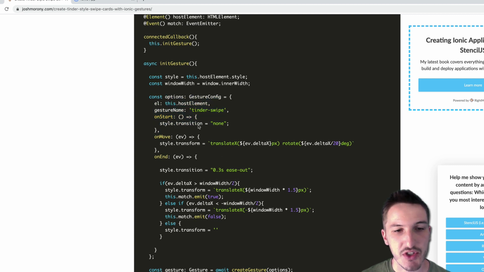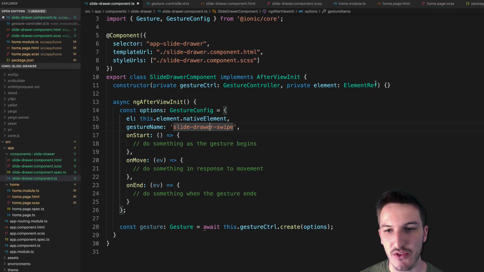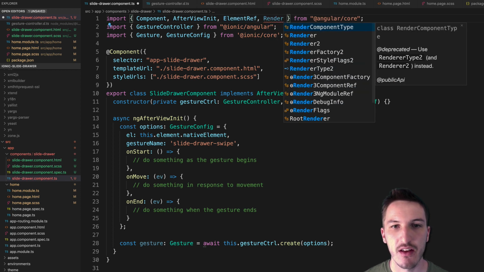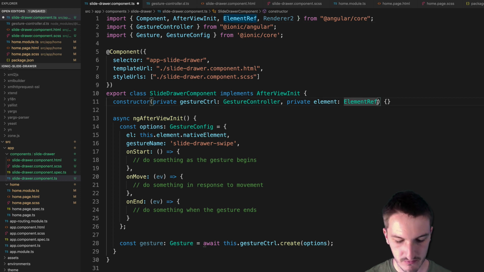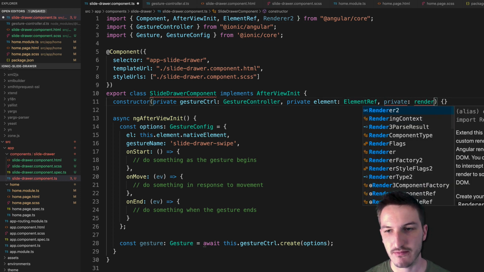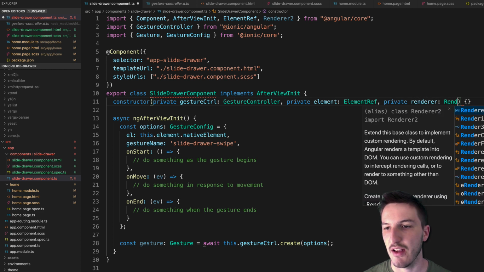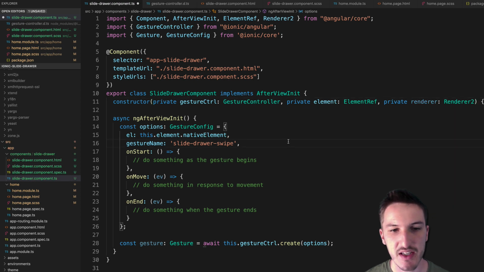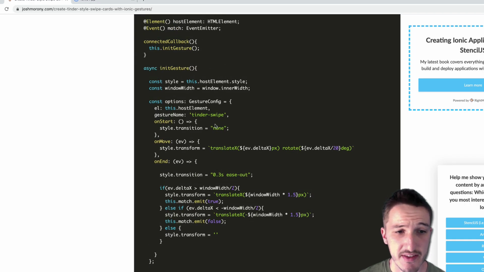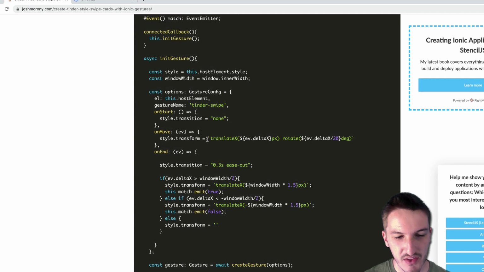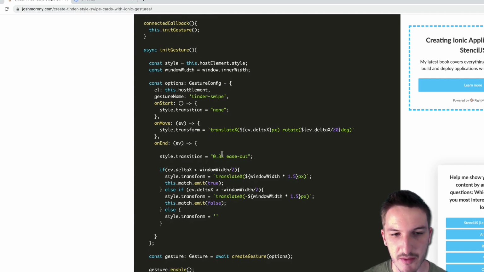This is for Stencil.js, so we're just directly manipulating stuff from the DOM. With Angular, we're going to use the Renderer, which is a little bit more proper in an Angular sense. So we'll set up Renderer there and get a reference to that. That's basically going to allow us to modify some styles and change the things we need. We're basically just going to copy this. So on start, we want to set the transition to none. I'm just trying to think of the reason for that. Yes, because when we are translating,